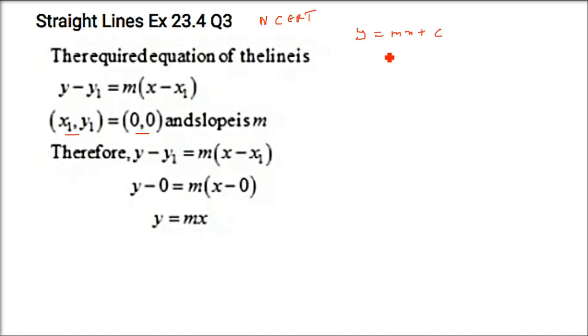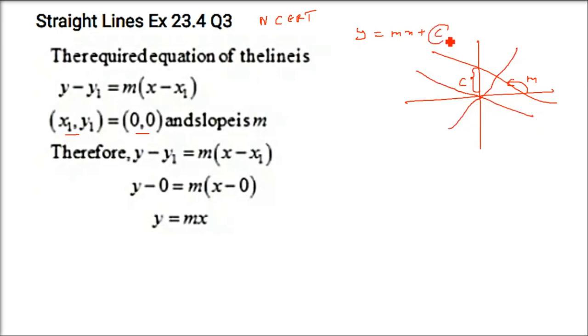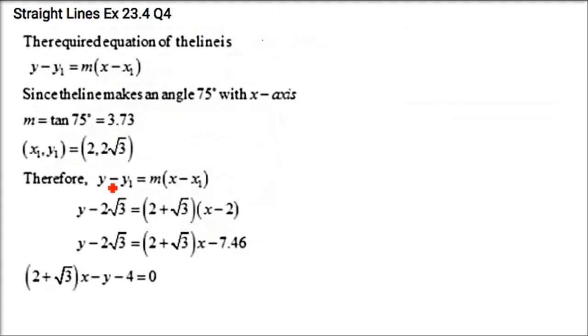So it is passing through (0, 0), the origin, y equals mx plus c. What does it say? It says that c is the intercept on y, the length c on y, and m is the slope. So when there is no c, it is passing through the origin, so c is 0. Even if you put x1 as 0, y1 as 0, you are ultimately going to get the same equation, and slope is m. So now put m, x1, y1 as 0, y equals mx will be the result.